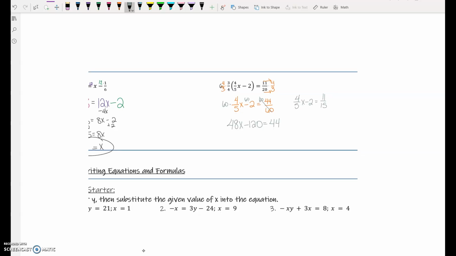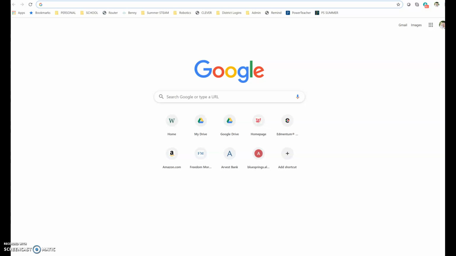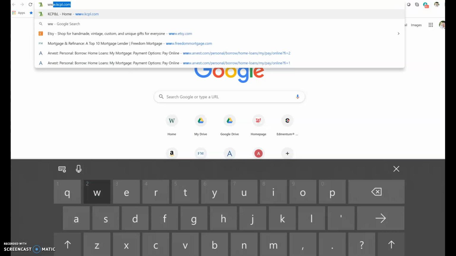Okay. Your assignment today is a worksheet, and I do not have this worksheet printed for you. I would like you to access it on your device. Once you get signed into your computer, I want you to go to a web browser, and I want you to type this link in and then bookmark it. So if you're using Chrome, bookmark it. If you're using Edge, I think I know how to bookmark it in Edge. The address is